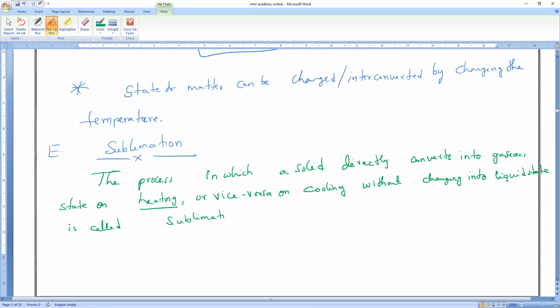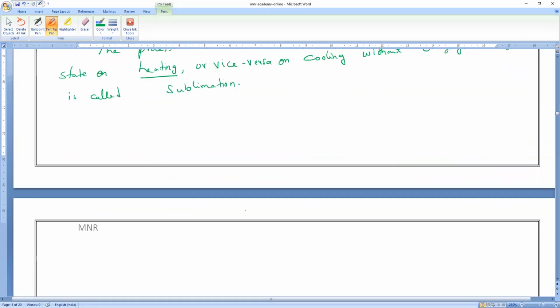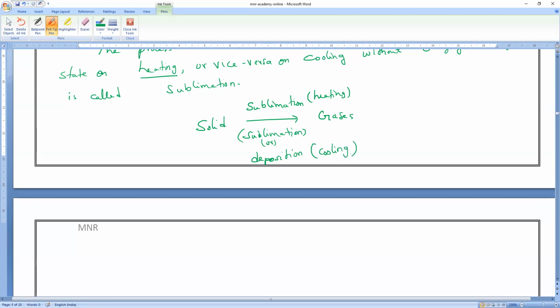But for the reverse process, instead of sublimation, we can call it deposition. Solid directly converting into gas, we call sublimation, and that is on heating. The reverse process we can also call sublimation, or we can say deposition. But this process is cooling. The main important thing is, without forming